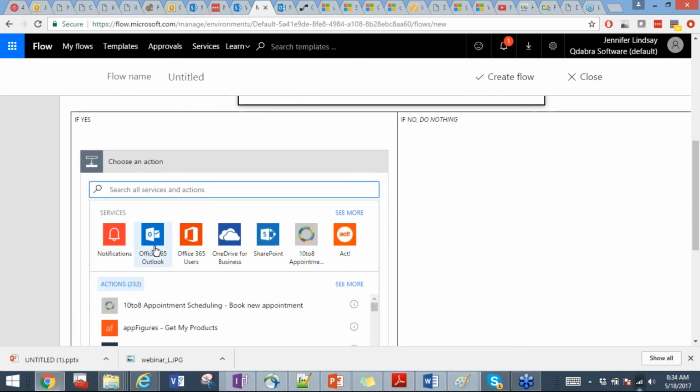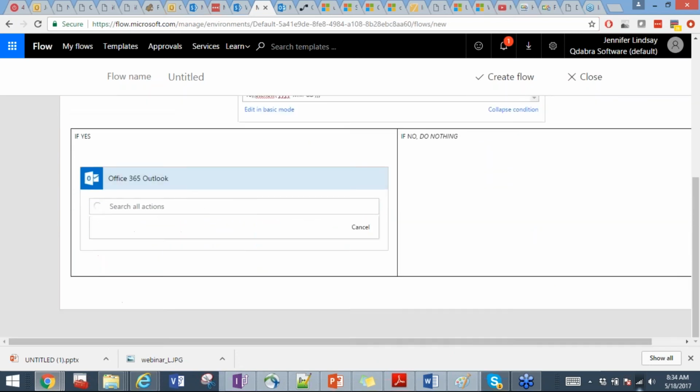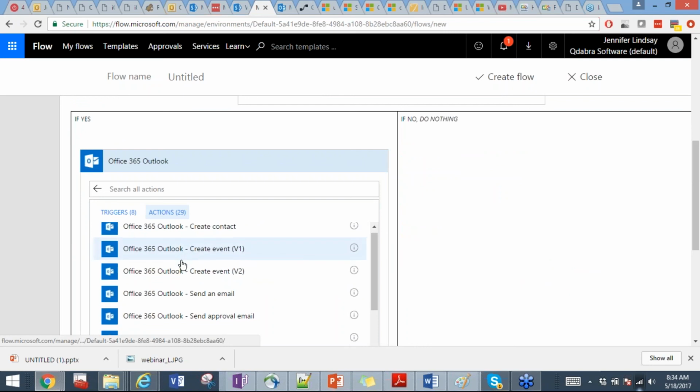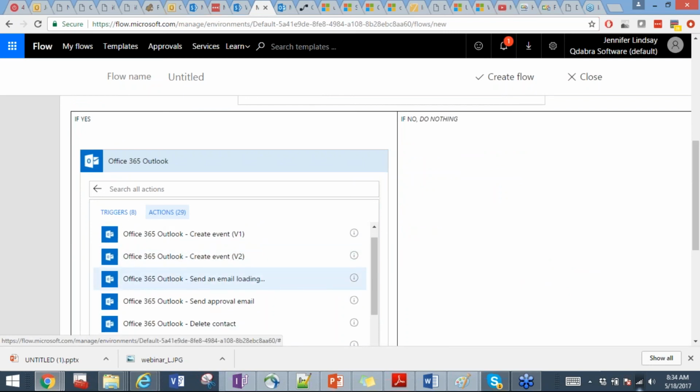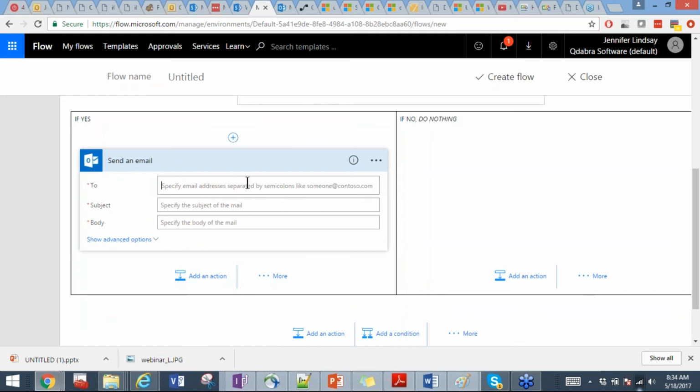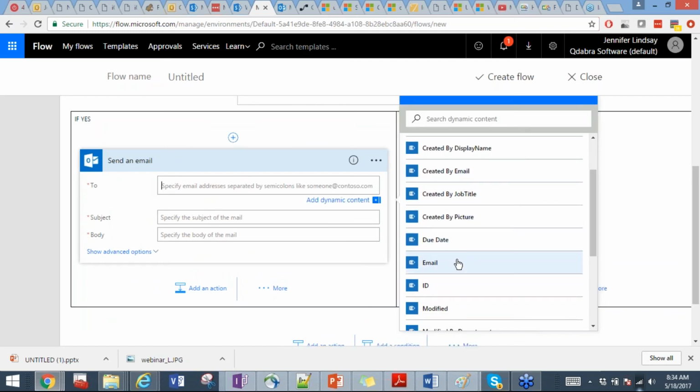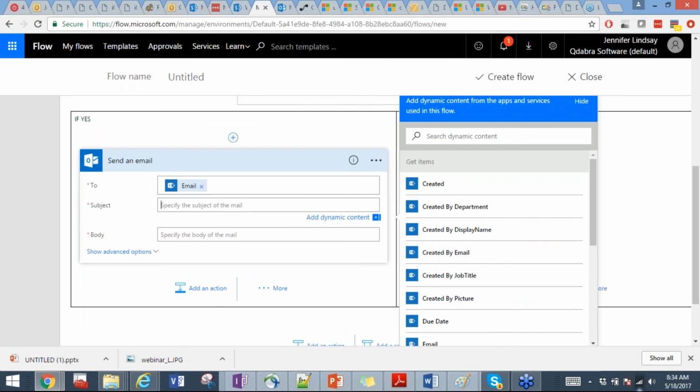And that action, again, is going to be an email. So I'm going to go to my Office 365 Outlook, send an email. And the email is going to go to the same person, the person who is the owner of the task. And we'll give it a title like incomplete task past due.